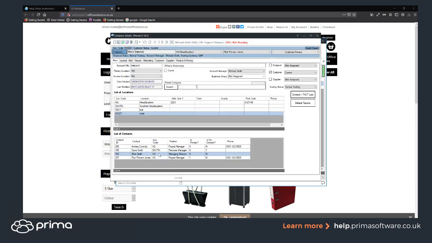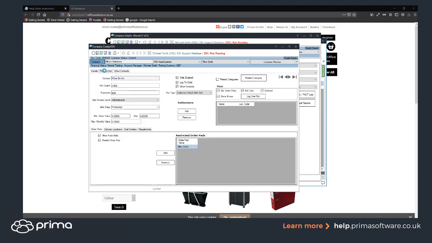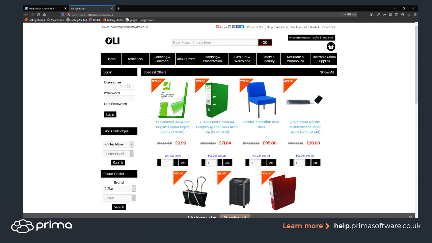if we go into one of the contacts, we'll use this one as an example. This is one that we've set up. As long as this contact is web enabled, if we go into the web access, you can see it's web enabled. And there is one tick box in here that has been selected, which is this log in to child button here. So this is available in all versions, and basically what this allows you to do, if we were to log into this account, into the Mike Test account on this web store,